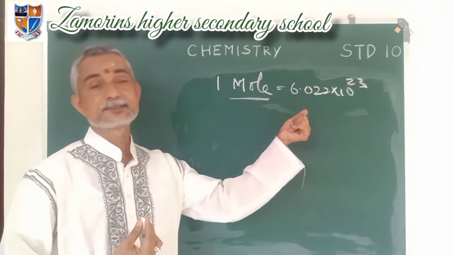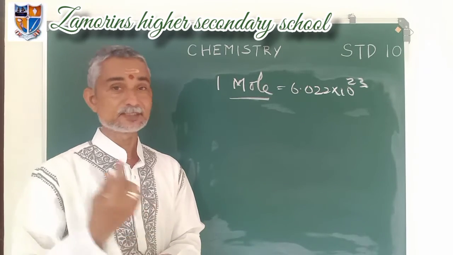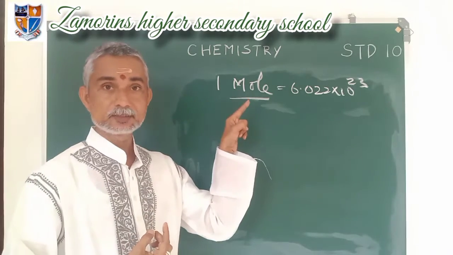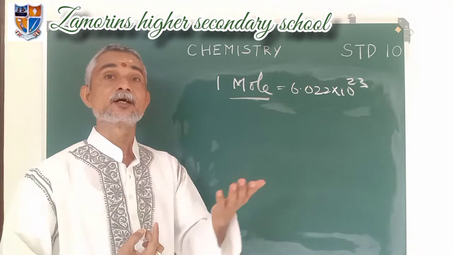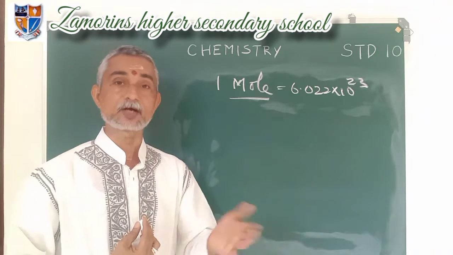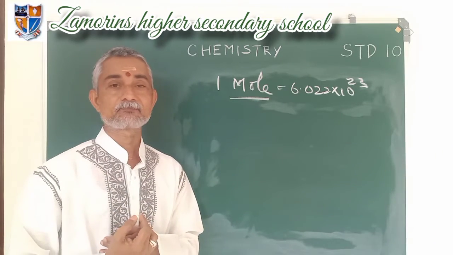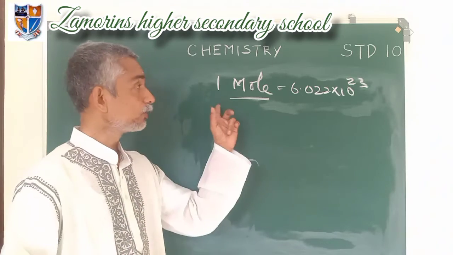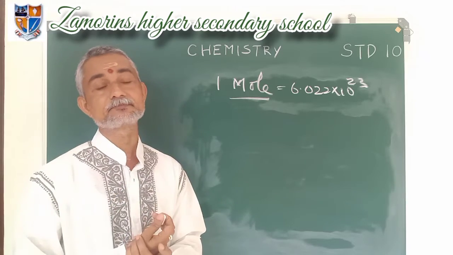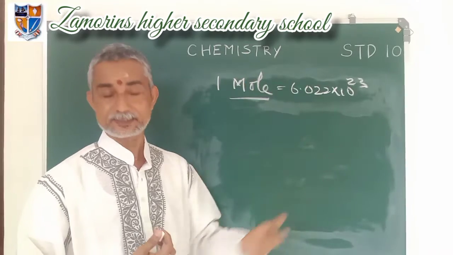1 mole is equal to 6.022 into 10 to the power of 23. This is also called Avogadro number, that we have studied. So 1 mole is the unit. Usually in higher classes, how many moles of atom is there? How many moles of carbon? How many moles of oxygen? It is expressed in that manner. So don't forget, mole is the unit to express the weight of an atom or the number of atoms, and 1 mole is equal to 6.022 into 10 to the power of 23 atoms.